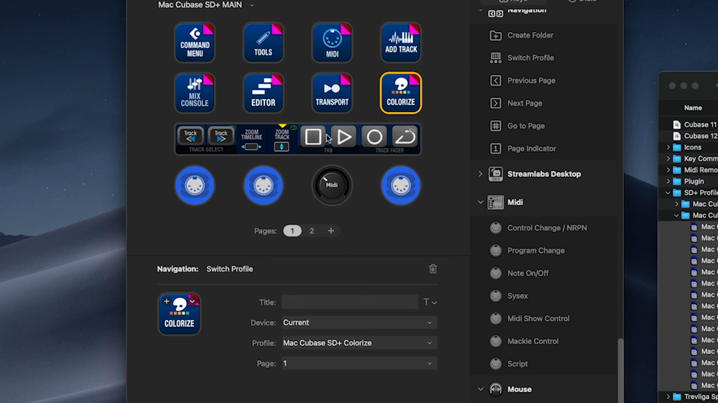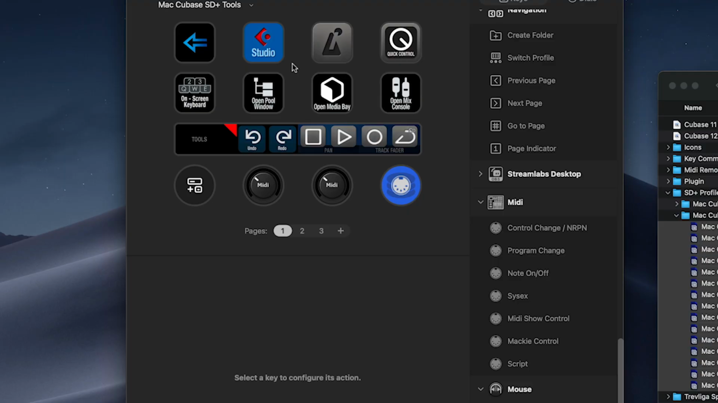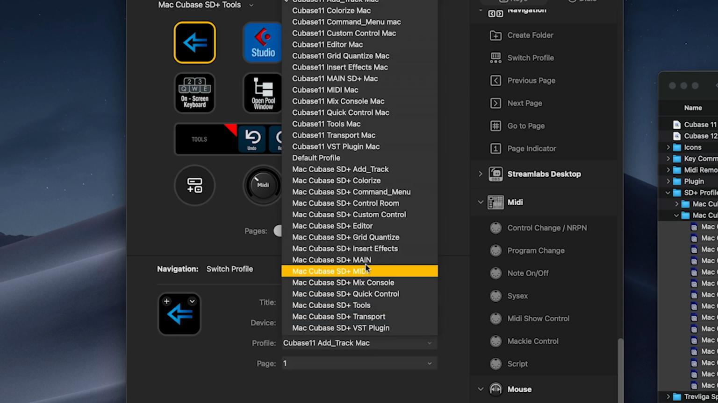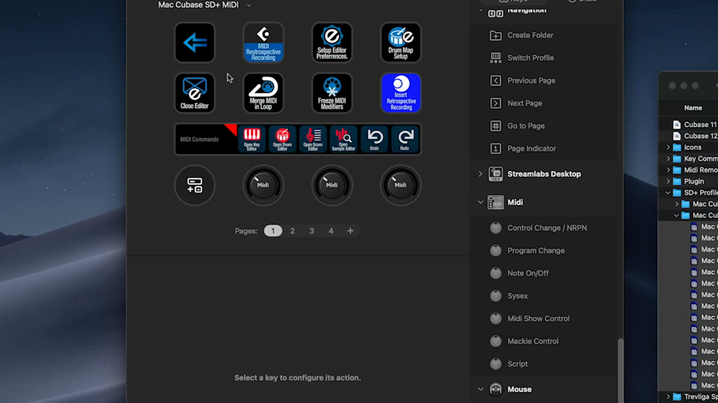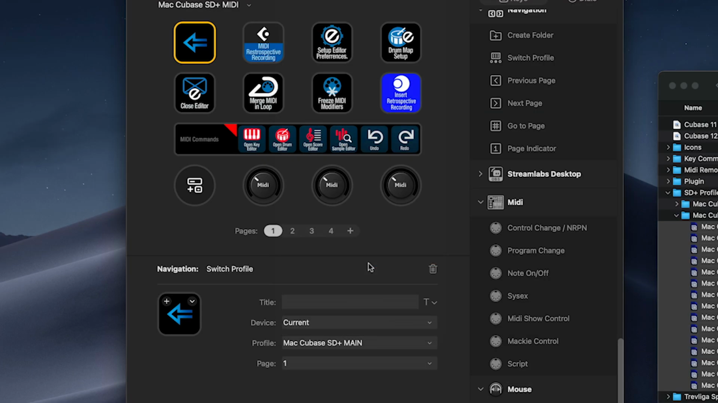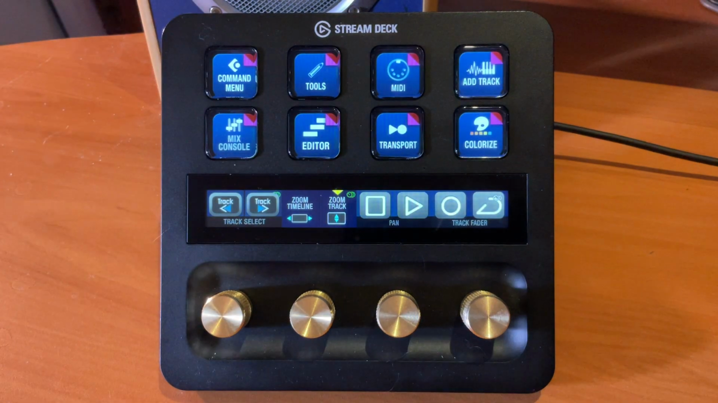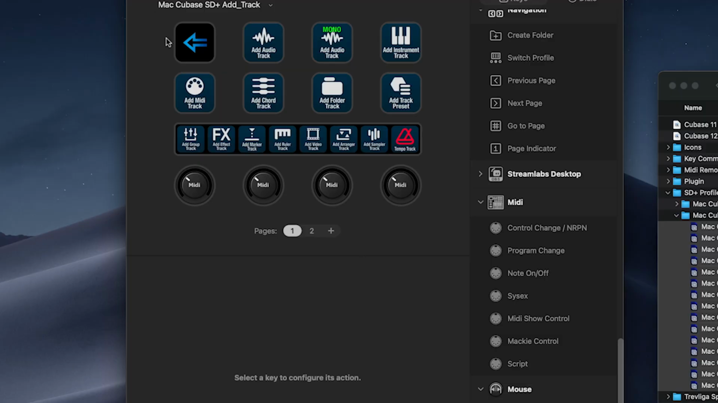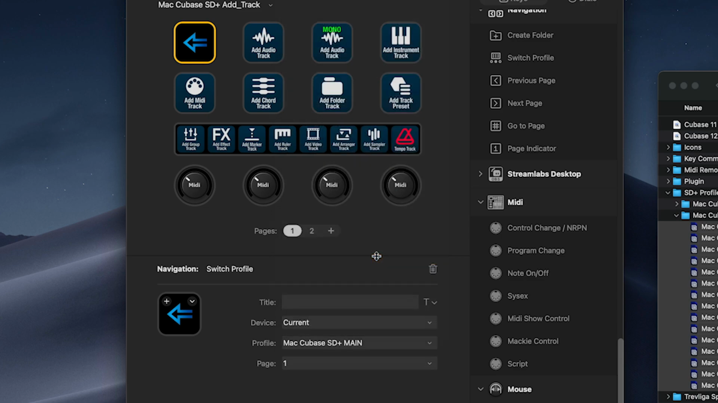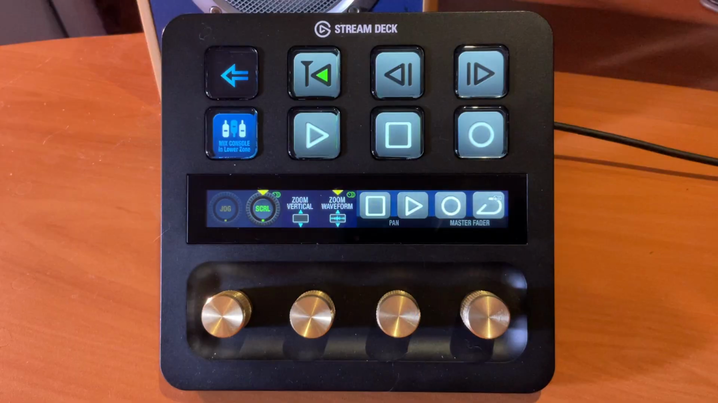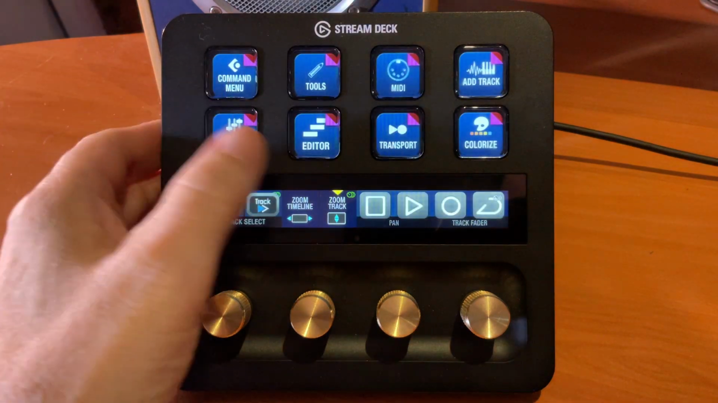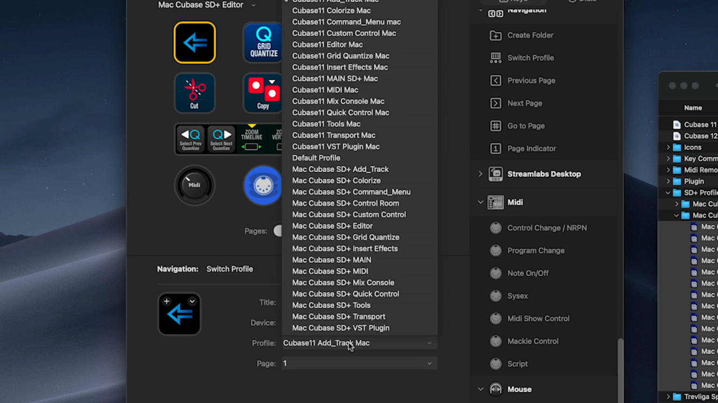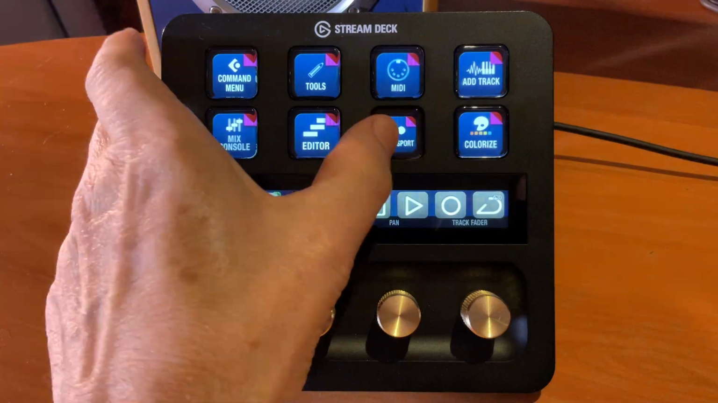Now that we've just done the first page, let's quickly relink the main keys of each of these profiles. So if I press on Tools, I want to select our main and go back to the main here. Same thing with MIDI, goes back to main. Then we click on add track, back to main. And then we can do the mix console, back to main, editor profile, back to main, transport,